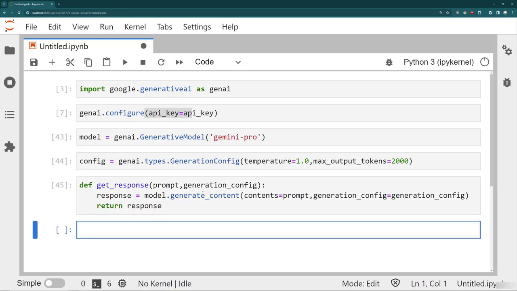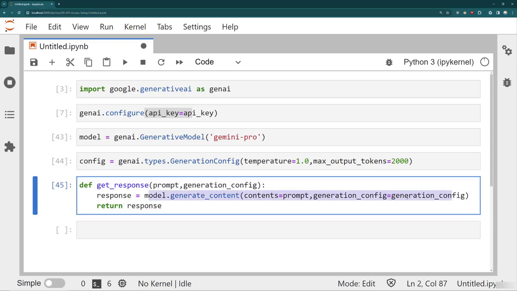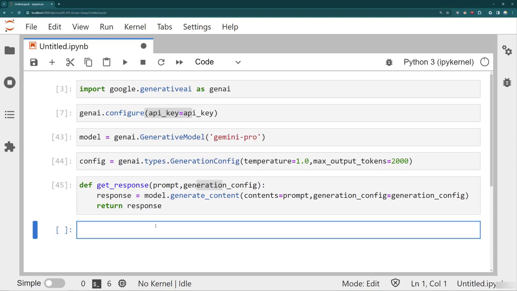This is basically just going to save me from having to call this entire line. I can just say get response prompt generation config. So let's try it out. I'm going to say my result is equal to get response, and let's pass in a prompt like tell me a story about the moon,